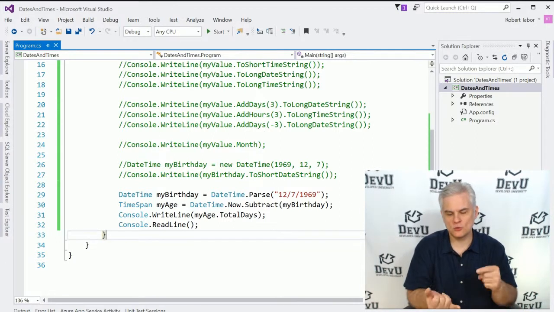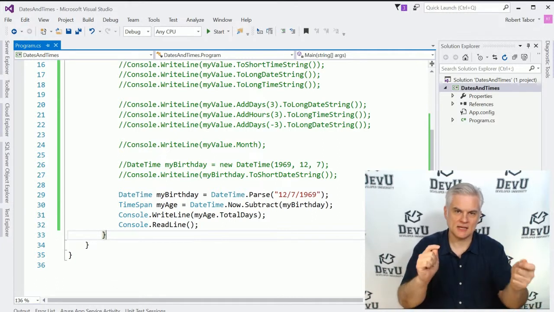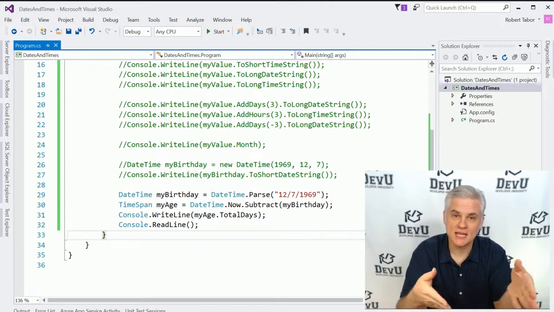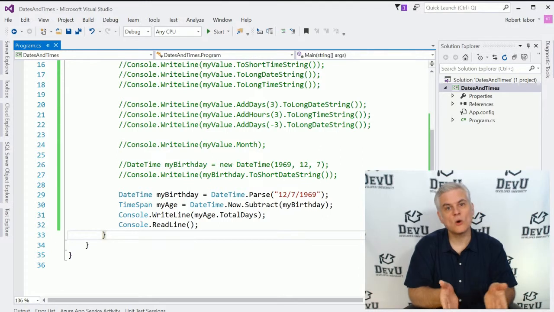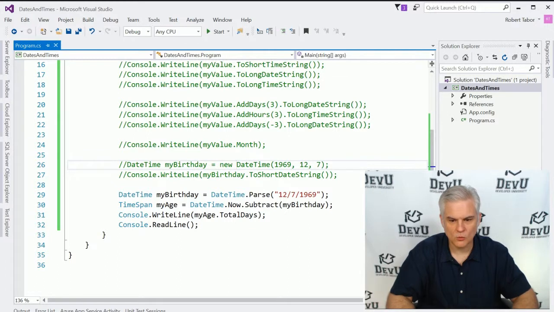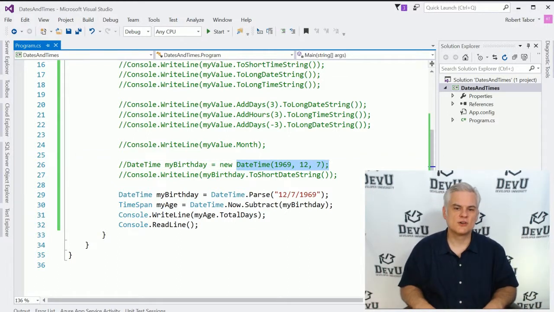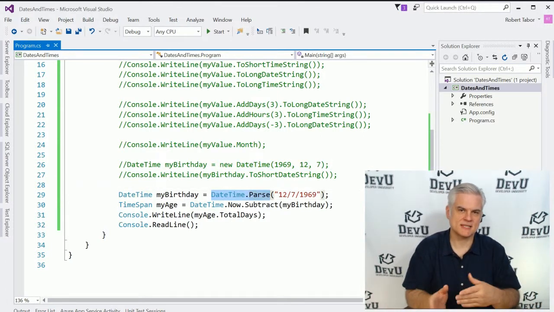So at any rate, here we were able to format dates for display. We're able to manipulate dates by adding and subtracting date and time. And then we're able to determine the difference between two dates using a TimeSpan object. We also talked about different ways to create a date, whether it be now or sometime in the past or future, by either just using one of the versions of the DateTime object's constructor, we'll talk about that later, or by using DateTime.Parse and passing in a string. Okay,